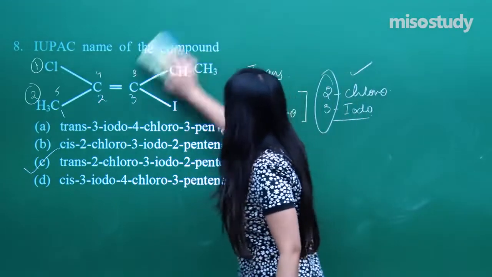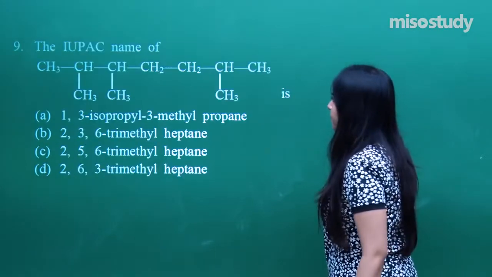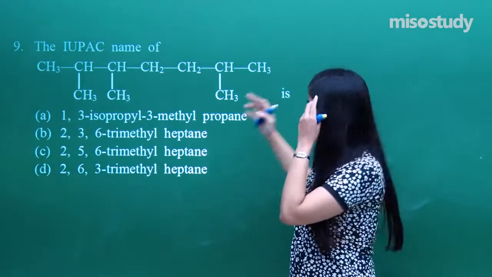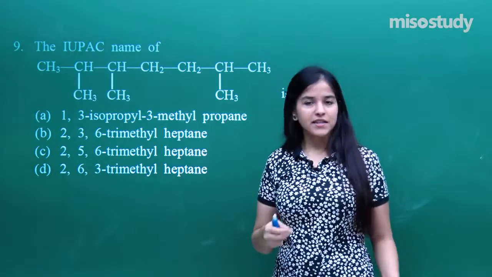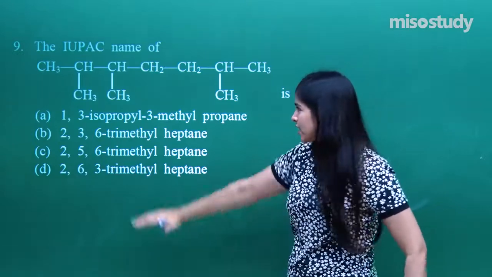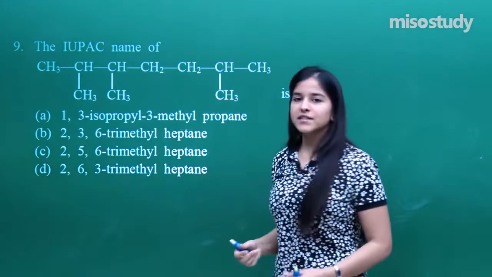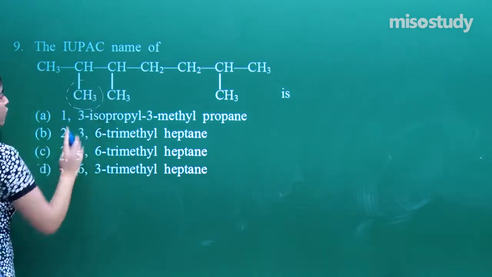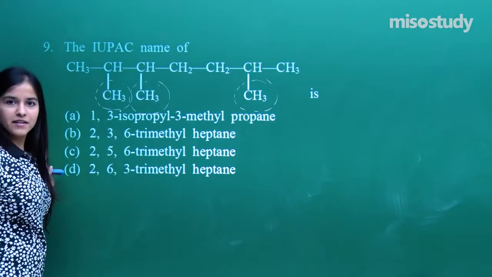So I hope you all have got this. Let us just now move on to the second last question, which is the IUPAC name of the compound. Again, I need to assign. If you look and observe the question very properly, you will see there is no functional group present, no kind of a double or triple bond, that means no unsaturation. I just need to assign the lowest possible numbers to the substituents attached. So what are the substituents over here? So I have got 1 second methyl and the third methyl.